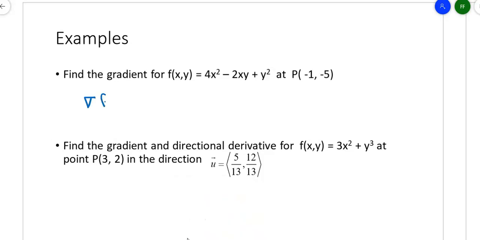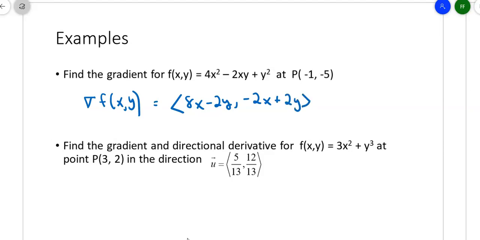So the gradient for f evaluated at xy equals the partial of f with respect to x. So here I'll end up with an 8x. If I take the partial here with respect to x, I get a minus 2y. And then the derivative of y squared with respect to x is just 0. All right, partial with respect to y. The first term is 0. The next term will give me a negative 2x. And the third one will give me a plus